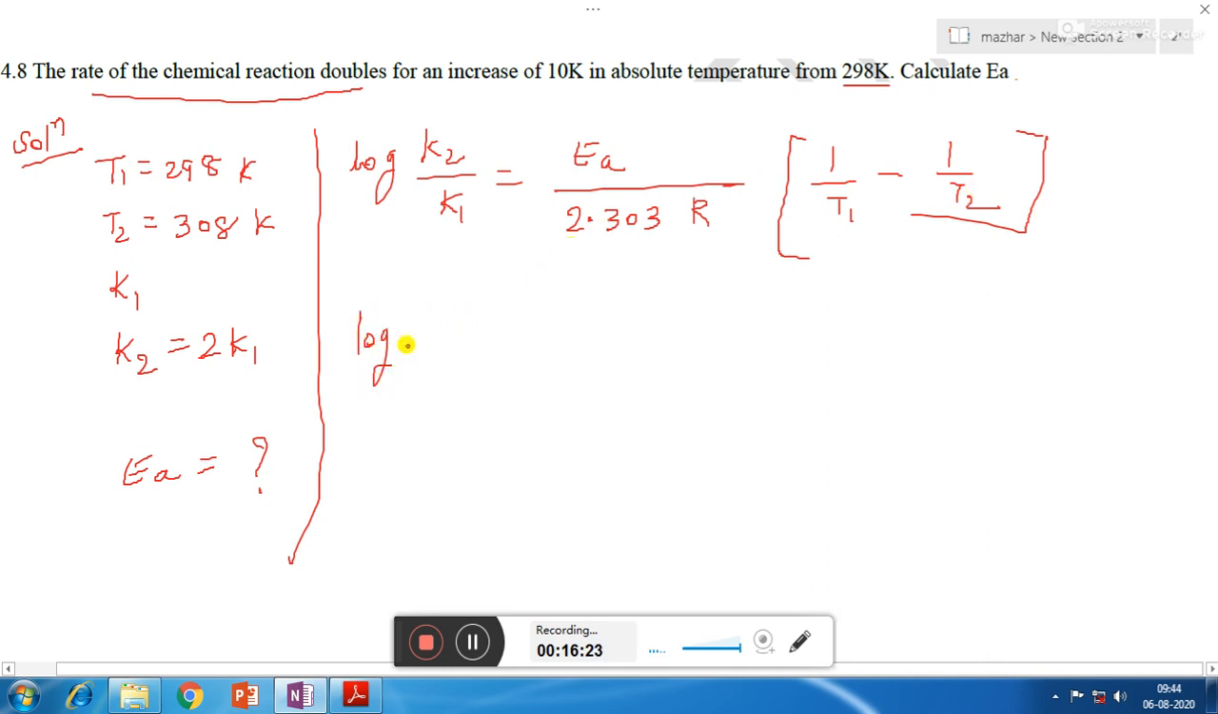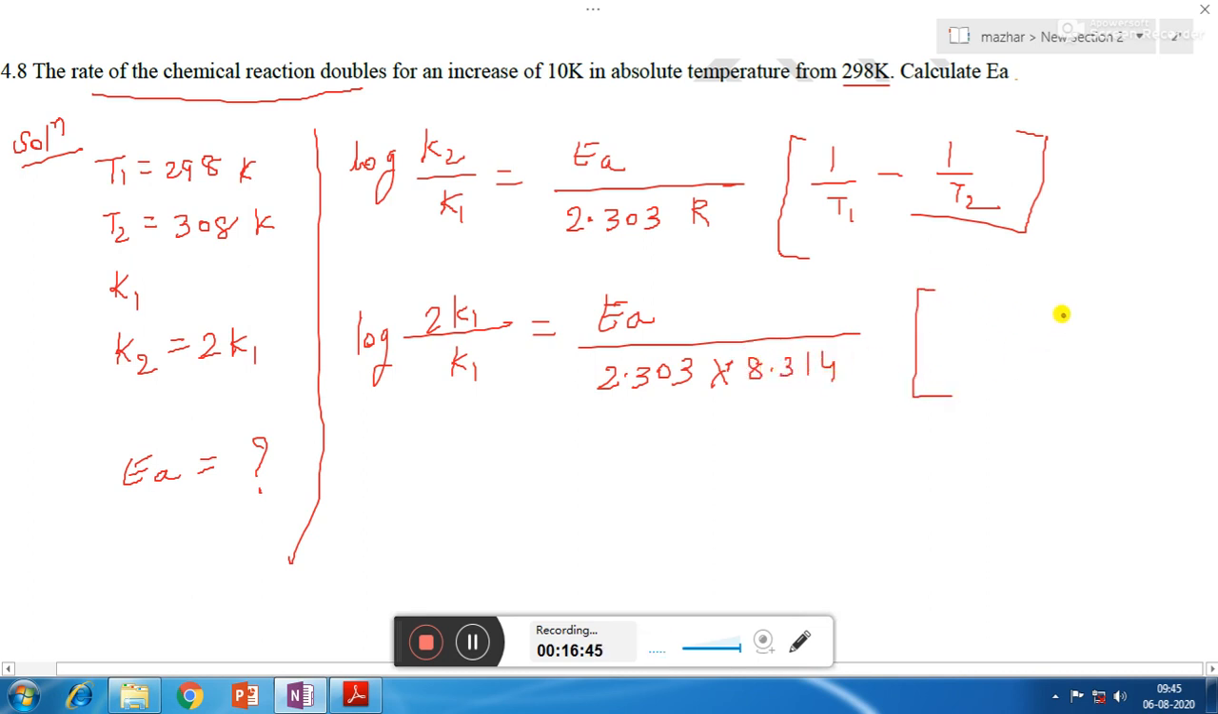Now log of K2 upon K1 is nothing but 2 times K1 upon K1, equal to Ea upon 2.303. Now if we want to find out Ea in terms of joule, R should also be taken in joule, so it is 8.314, into 1 upon T1, so T1 is 298 Kelvin, minus 1 upon T2, so that is 308 Kelvin. Now here K1 cancelled, so log 2 is nothing but